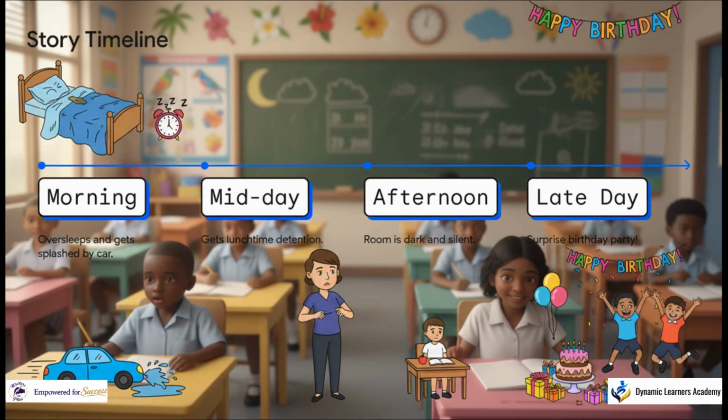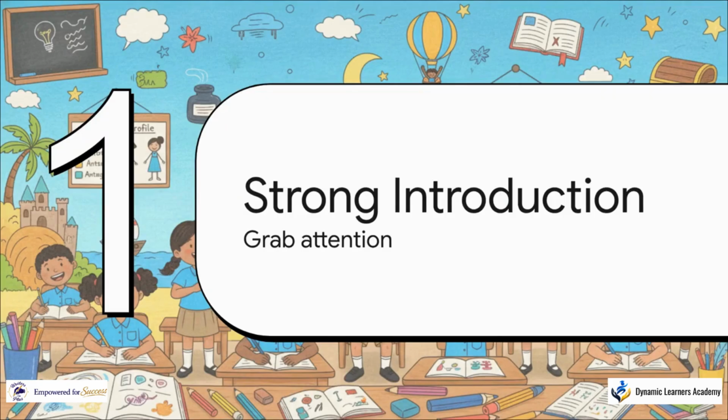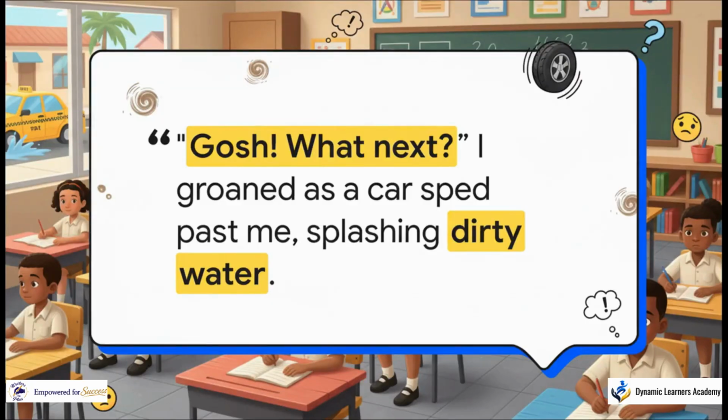Because we do this, your brain doesn't have to stress about inventing the story while you write. The ideas are already there, just waiting for you. Next up, Section 3, Building a Strong Introduction. Now we get to turn those short notes from our plan into paragraphs. A lot of students start panicking here because they think the first draft has to be flawless. Nope, we just take it one small step at a time.